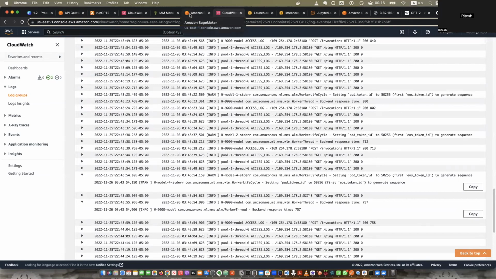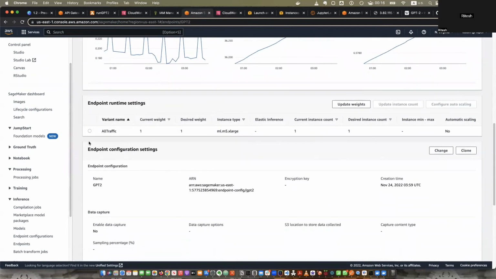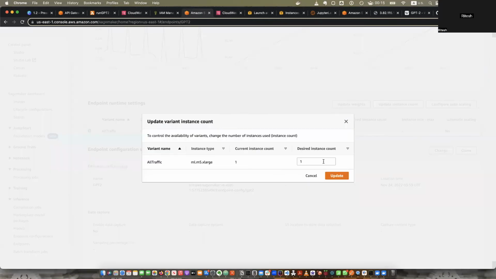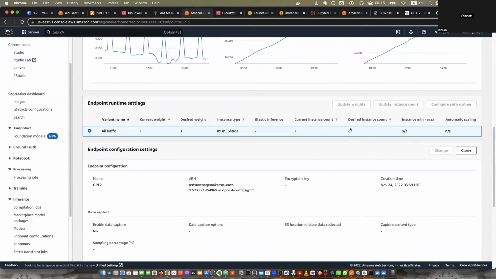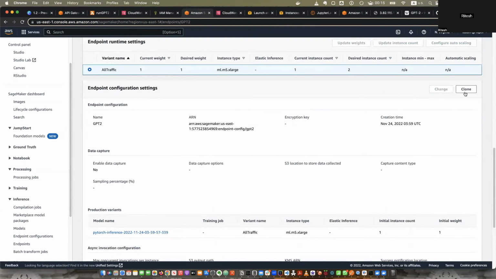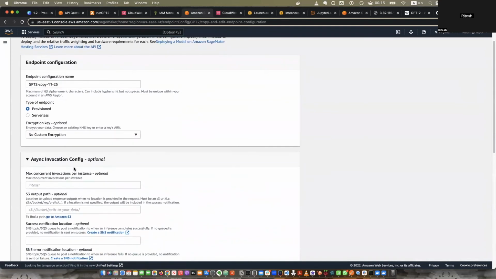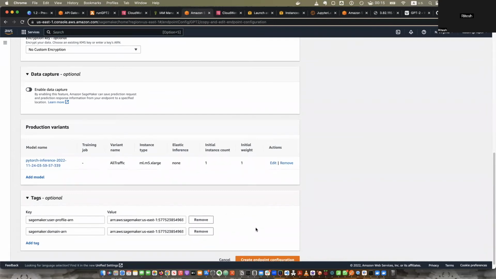If we are managing our own Docker, then we need to stitch all this together. We somehow need to monitor and send this information to whichever Docker system monitoring is doing. And if you want to change from one instance to two instances, all we do is update it, and it will do its magic. And when we have more load, it will scale up. If we want to set up auto scaling, it will do that as well, right? And if you want to clone this, simply clone this, change whatever parameter you want to change for your model endpoint, and create another endpoint,